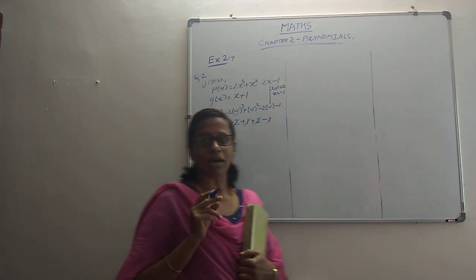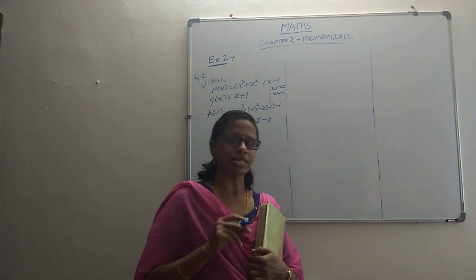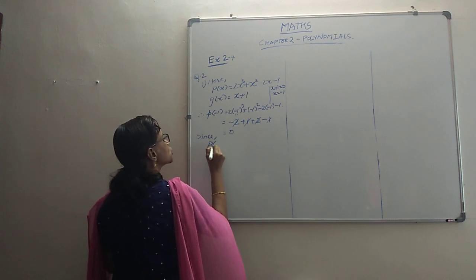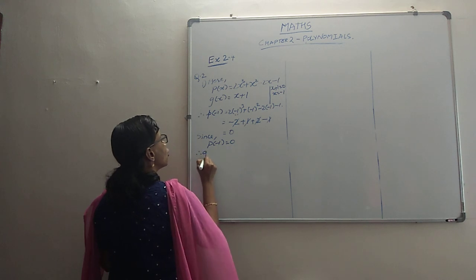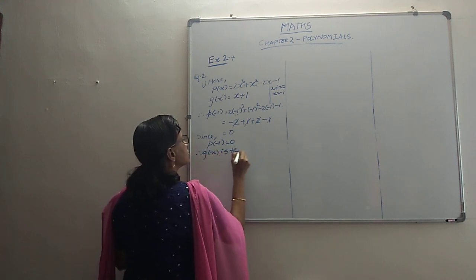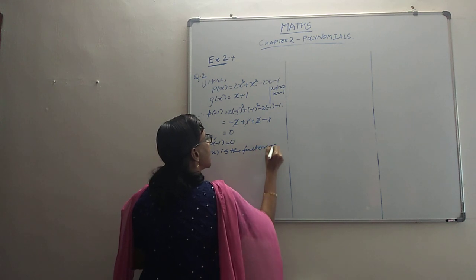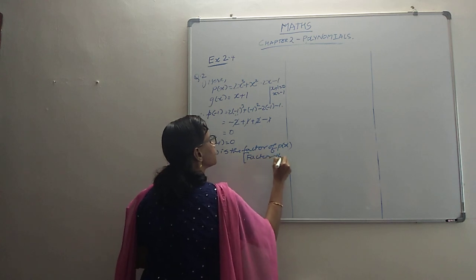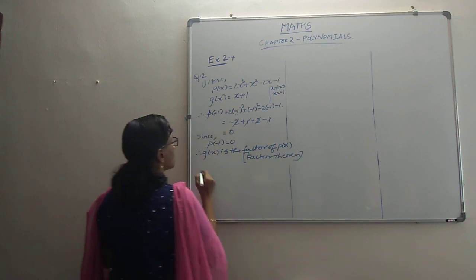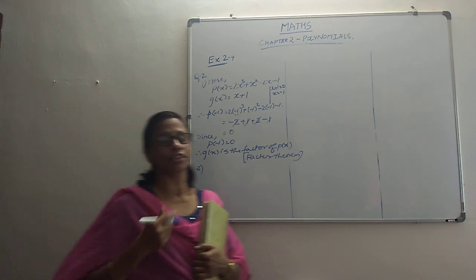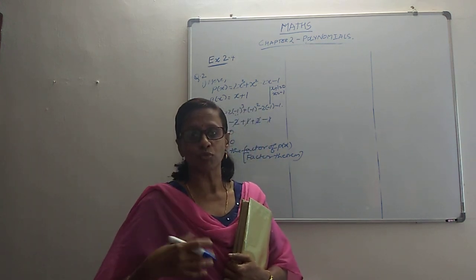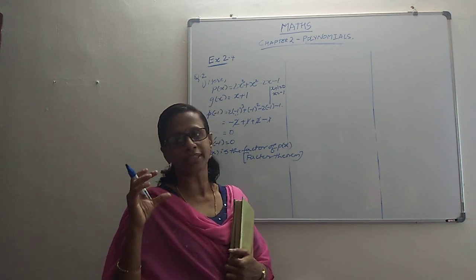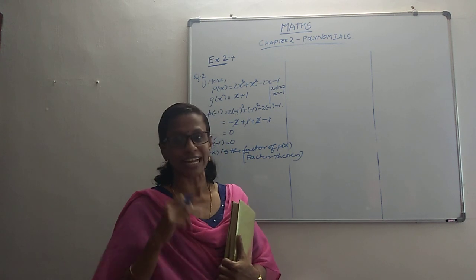Since the polynomial's value is 0, the divisor polynomial is a factor of p of x. So we can write, since p of minus 1 is 0, therefore g of x is a factor of p of x. And why do we get this? We get this by the factor theorem. If in case you require the reasons, then this is how you should reason, depending on the type of question that is asked. 1 mark, 2 marks, that way you have to think whether the reason has to be given or not. So depending on the mark distribution, you have to design your steps.